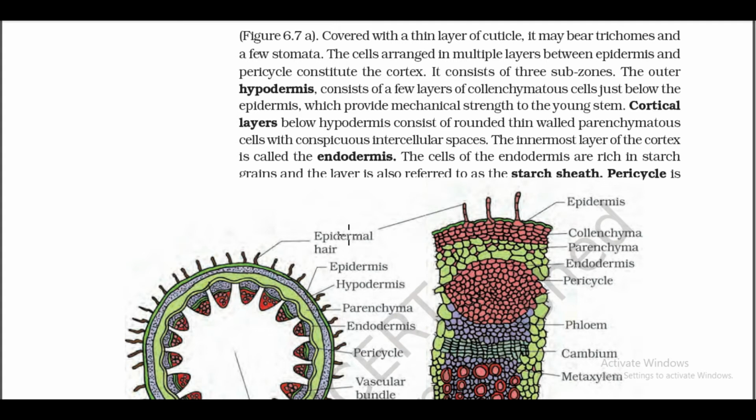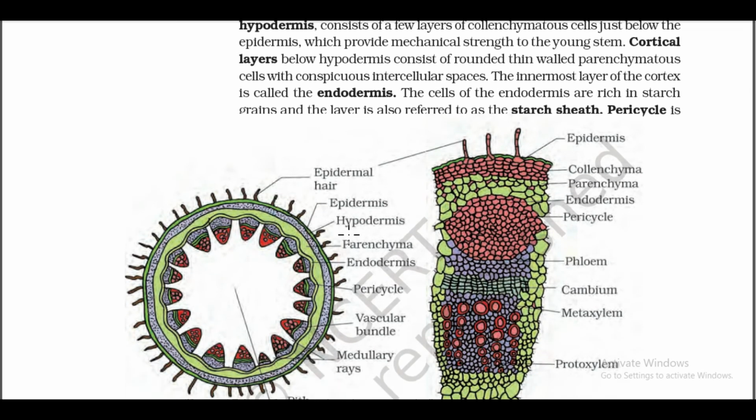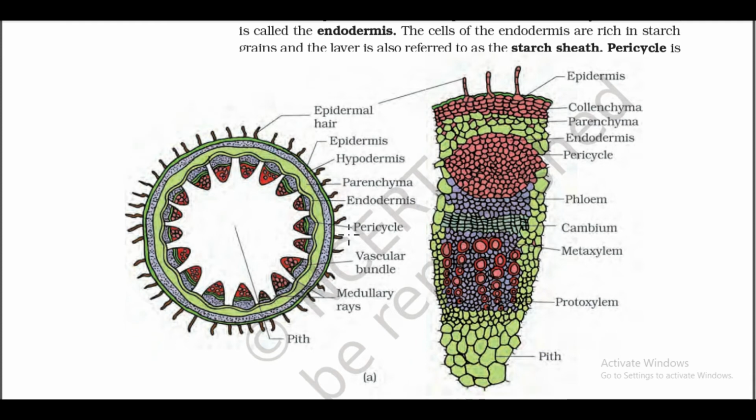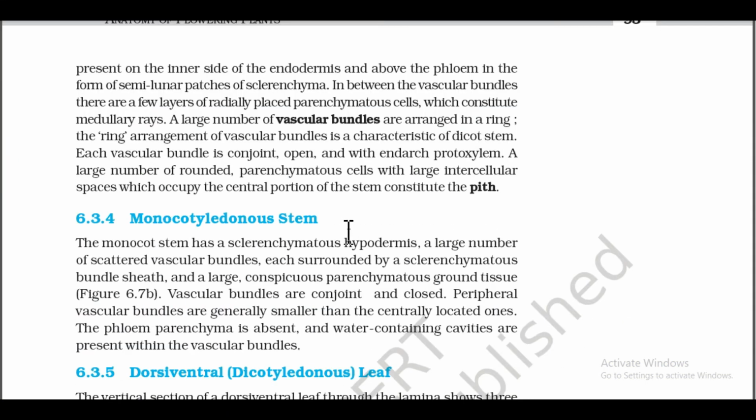The innermost layer of cortex is called endodermis. The cells of the endodermis are rich in starch grains, and the layer is also referred to as the starch sheath. Pericycle is present on the inner side of the endodermis and above the phloem in the form of